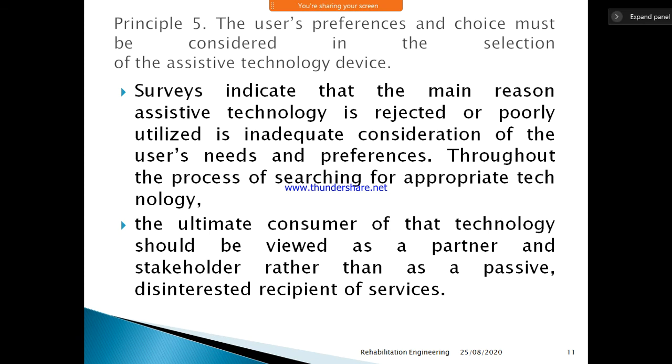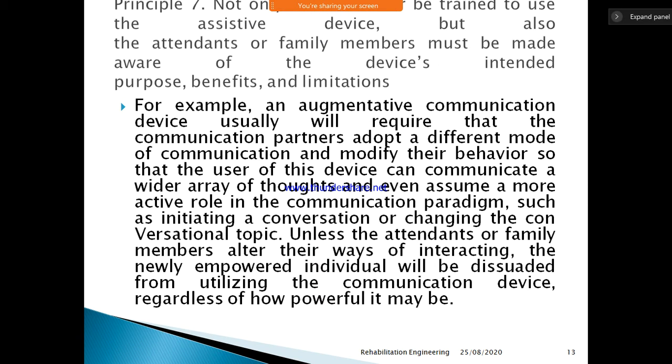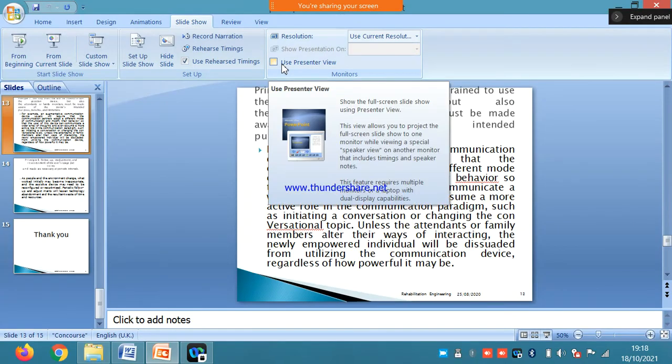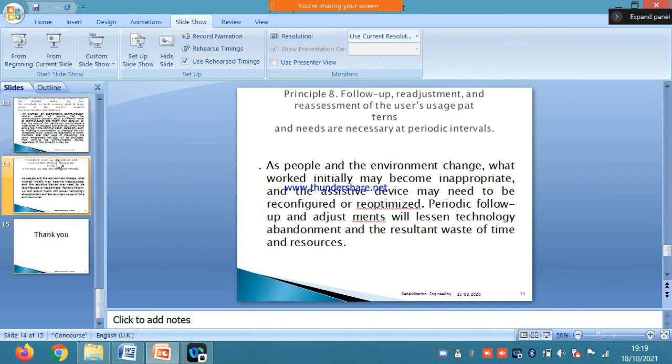Next one is careful consideration of available technology for meeting the user's needs must be carried out to avoid overlooking potentially useful solutions. Next principle is the user's preferences and choice must be considered in the selection of the assistive technology device. Then the assistive technology device must be customized and installed in the location and setting where it primarily will be used. Then next one is